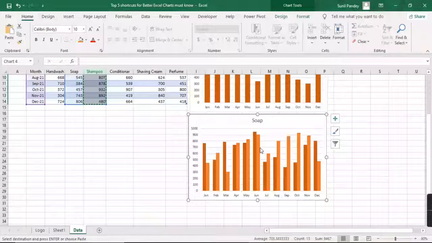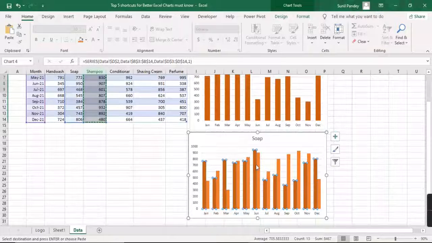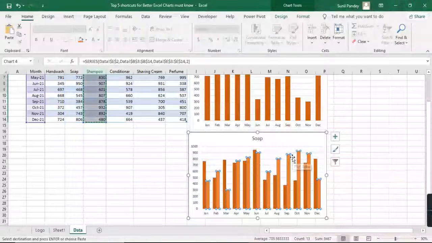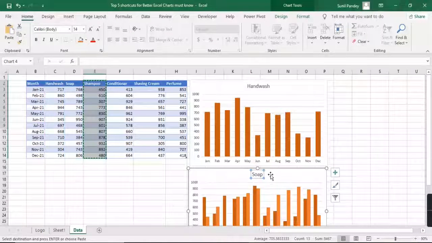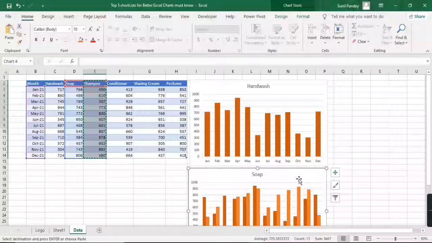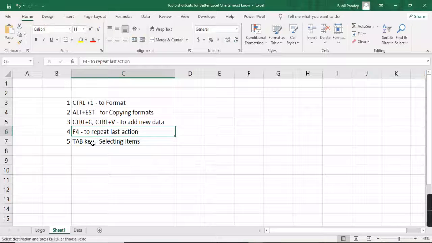Okay, so now your shampoo data is also added in this. You can change the legend as per this and your chart title also, but Control C and Control V is a shortcut for adding new data within the chart. Okay, now the fourth shortcut is F4 to repeat last action.